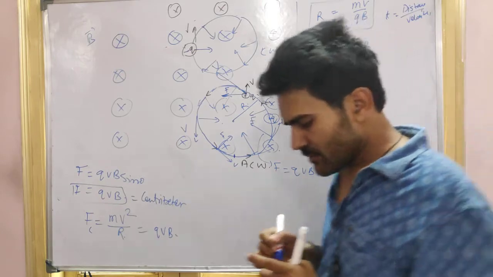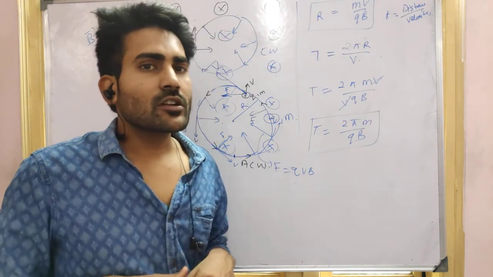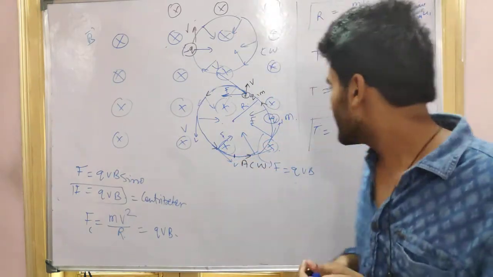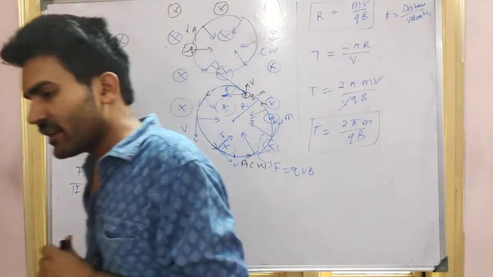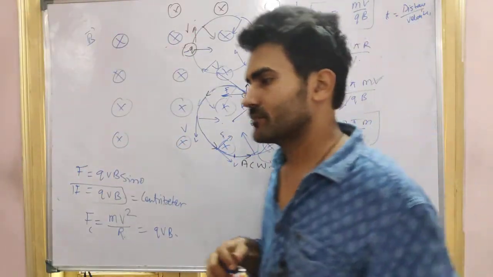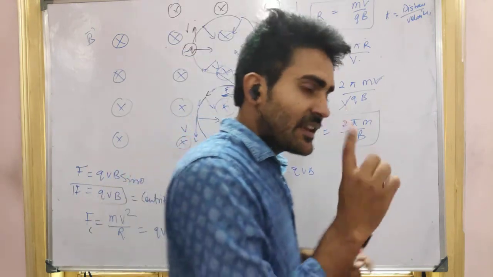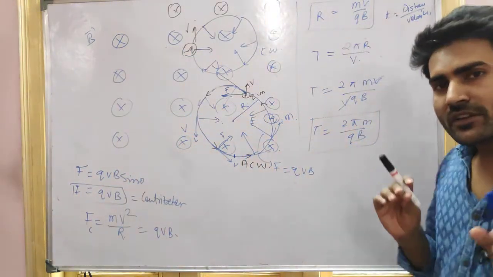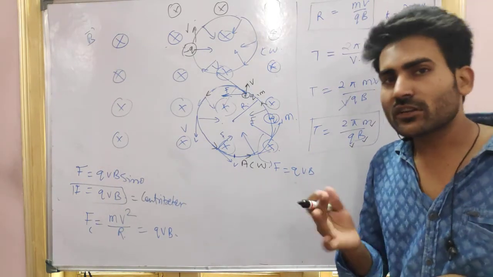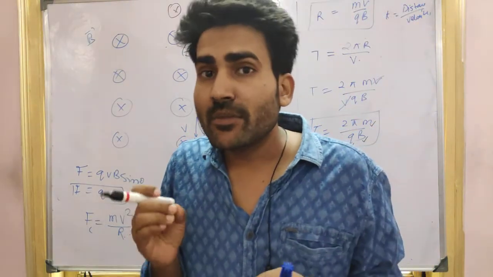Okay. Now tell me one thing. Just see this equation and find out what is missing here. If you see carefully, the velocity is missing here. Yes or no, guys? Is the velocity missing from here? Then what conclusion can we make here? Yes, it is not depending on the velocity. See, guys, the time period of a particular charge depends only on the charge, magnetic field and mass. It does not depend on the velocity, meaning it does not depend on how much velocity you are moving with. The time period will be same.